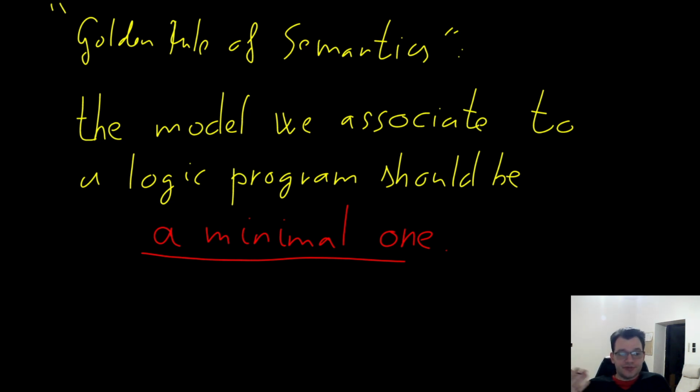So the question of why we chose this particular model in the previous example is answered by this rule of semantics. It seems that the experts designing and analyzing logic programs all agree that we should have one single canonical model for each program,